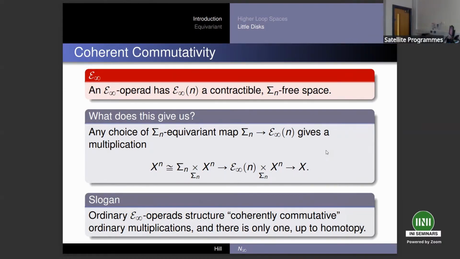And when I went to Peter May and said, we defined E infinity wrong for G operads, he very, very kindly took me aside and said, no. No. E here means everything. And so it is sort of matching. It's something that's coherently commutative, it's coherently associative, it's got all the things that we want.